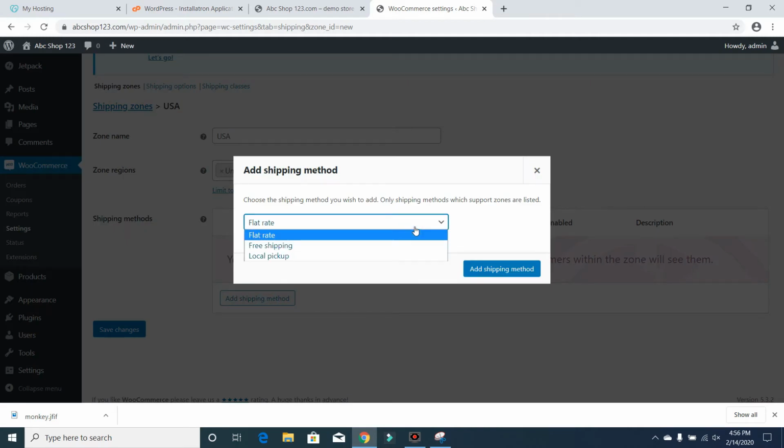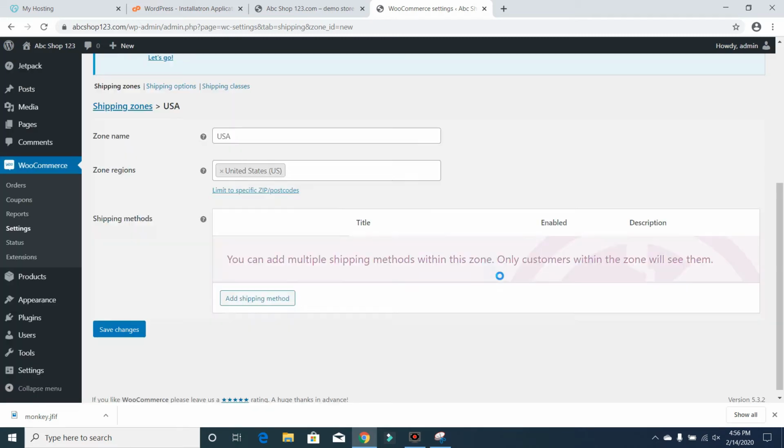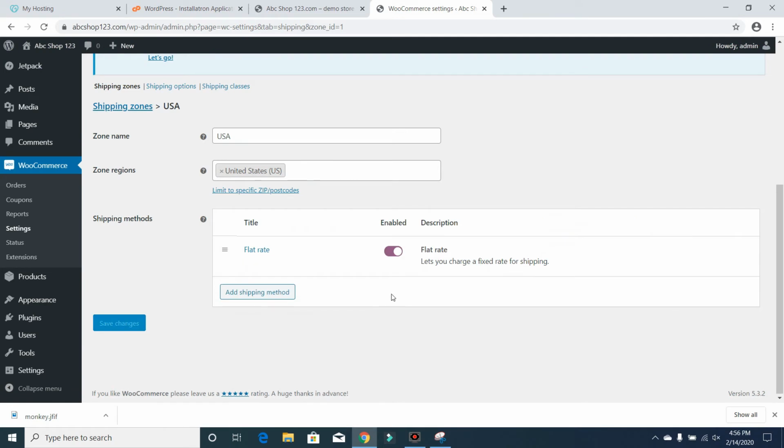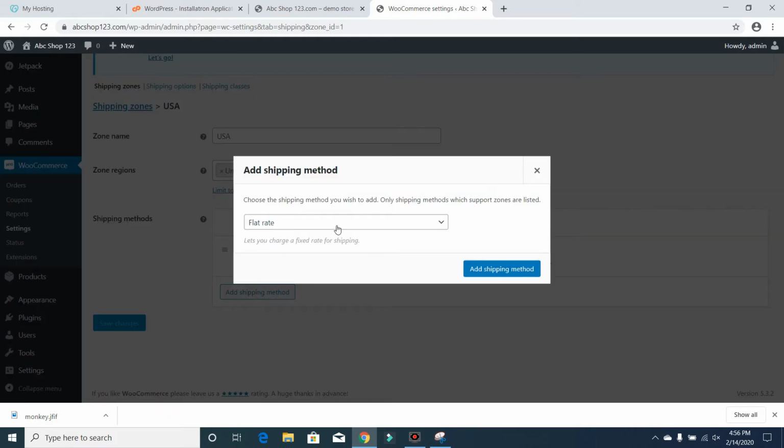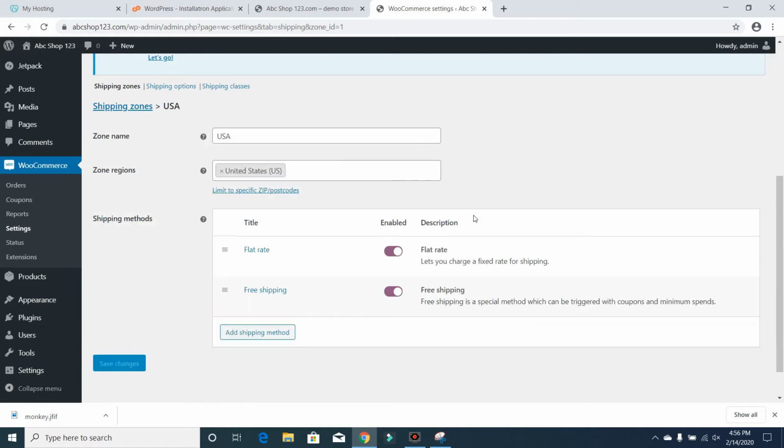Let's see, you can have flat rate, free shipping, or local pickup. Let's add a flat rate for now. You don't have to do this right now. It's not required. And we can do free shipping if you want. Depending on the product, it'll allow us to choose when we're creating the product. Okay, and then